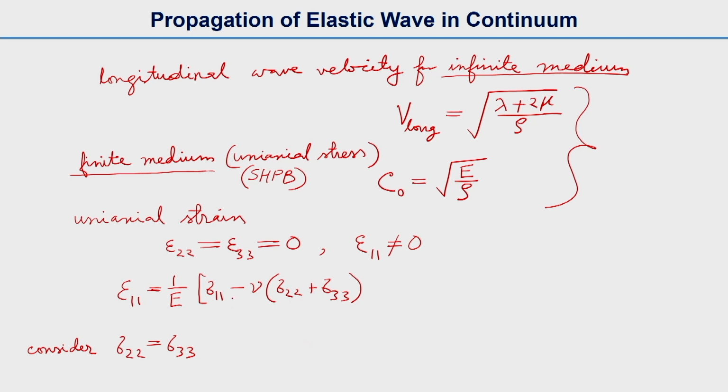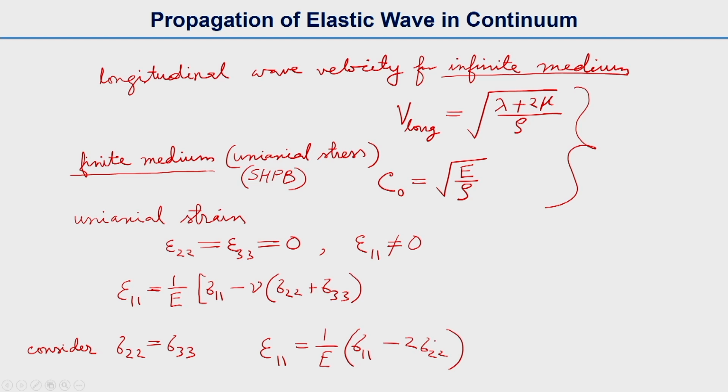So the earlier expression will be epsilon 11 equals 1 by E times sigma 11 minus